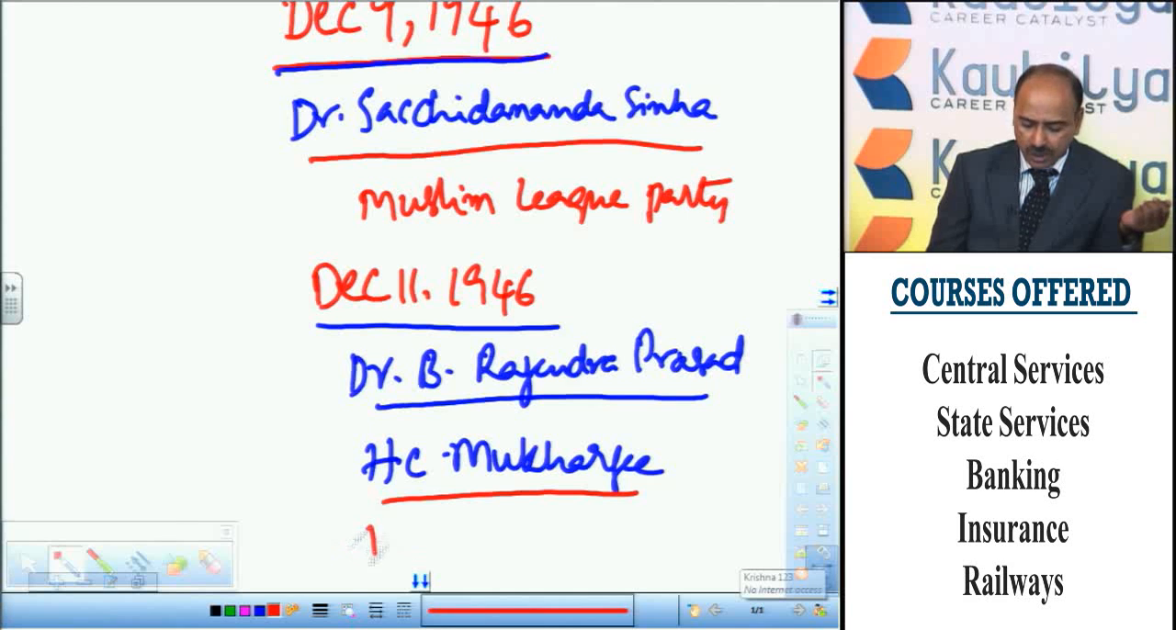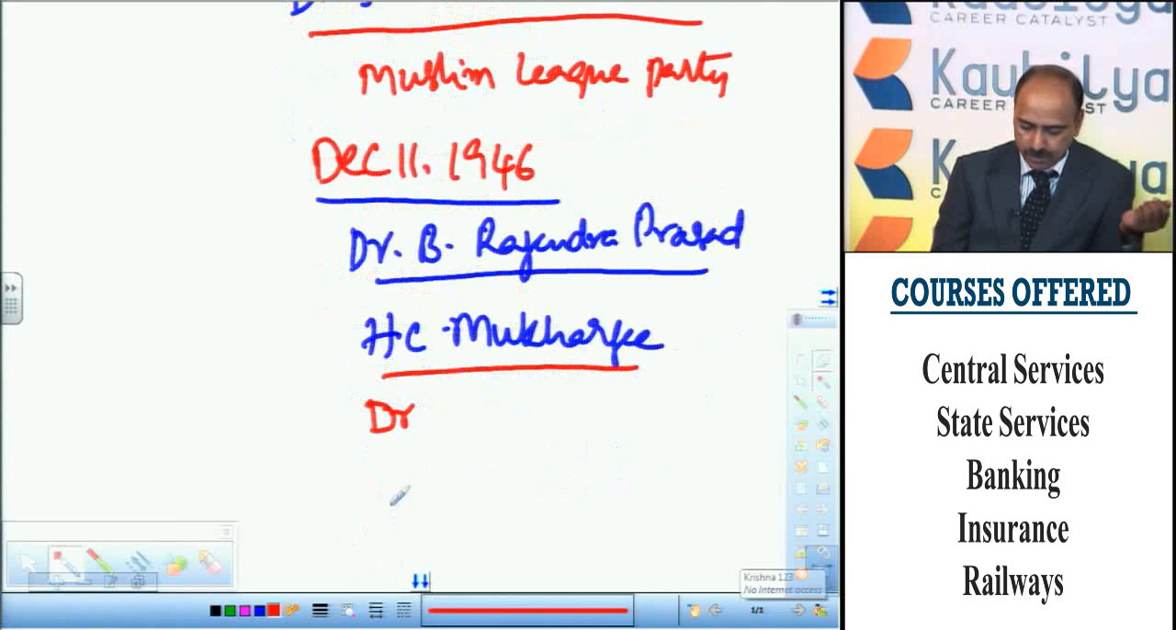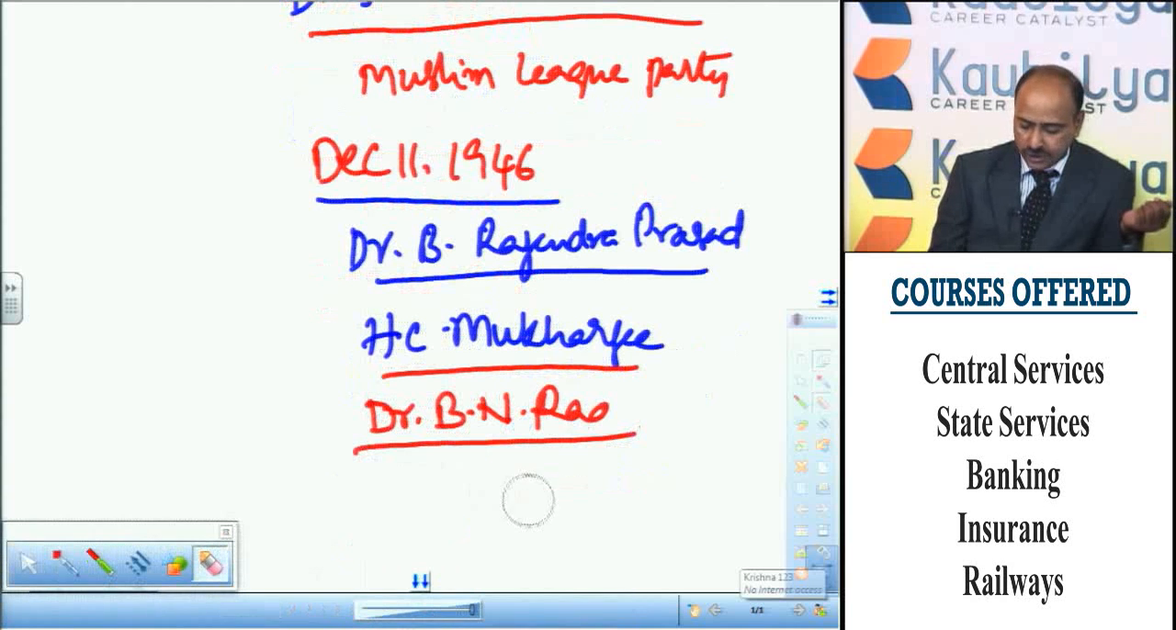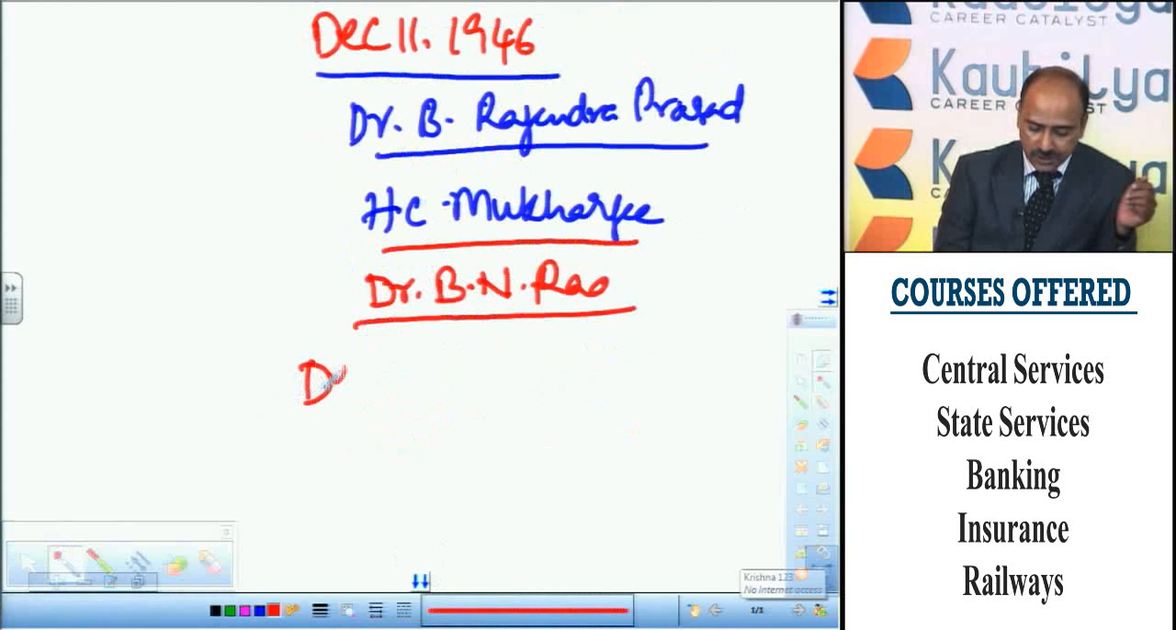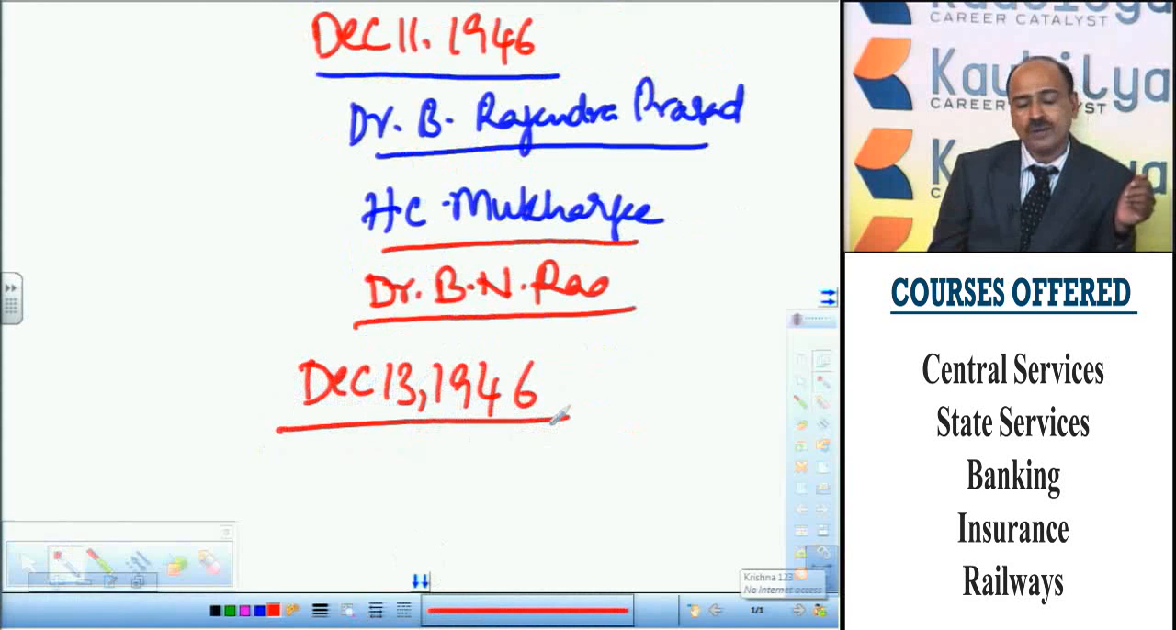And Dr. B.N. Rao, a legal expert, was appointed advisor of the Constituent Assembly. It was done on December 11, 1946. After that, they conducted a third meeting on December 13th, 1946. Here, the important thing is that Jawaharlal Nehru introduced the objective resolution